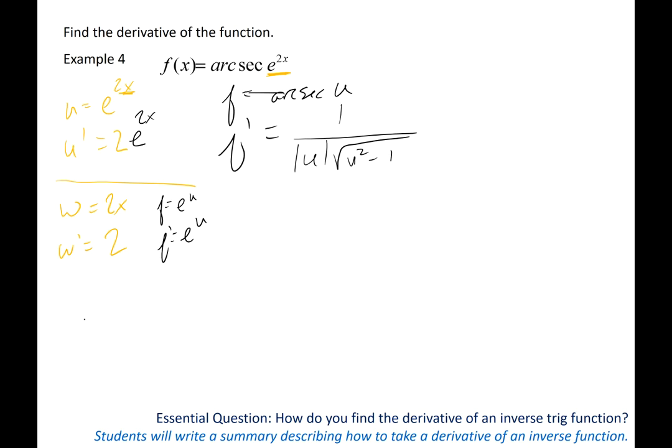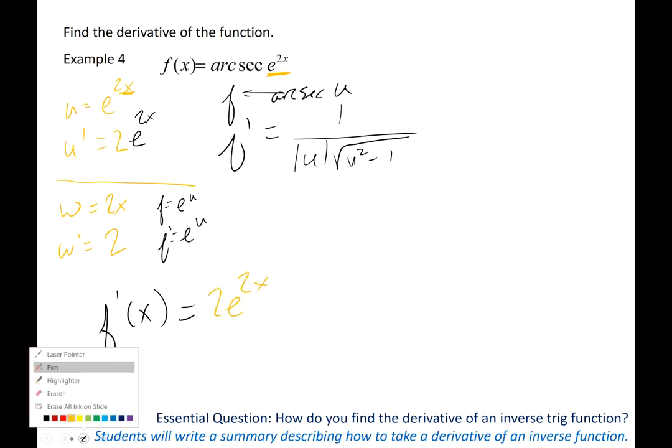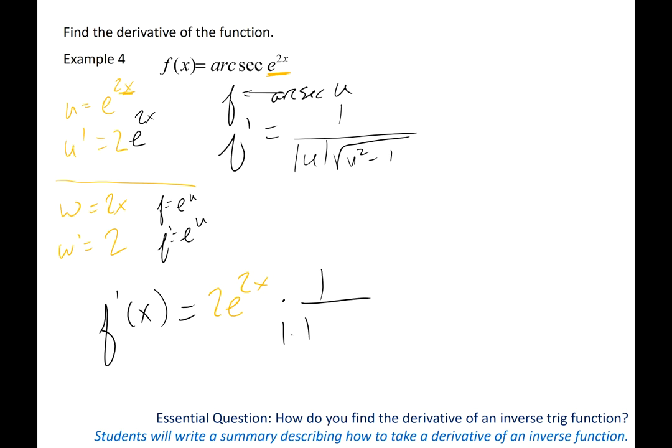All right, I'm going to write my final answer. So official derivative, f prime of x equals the derivative of the inside, which is 2e to the 2x, times the derivative of the outside, 1 over u, which I'm going to rewrite u as e to the 2x, times the square root of e to the 2x